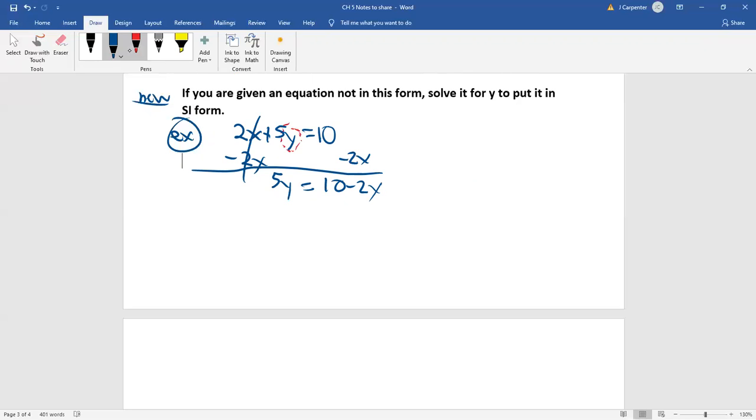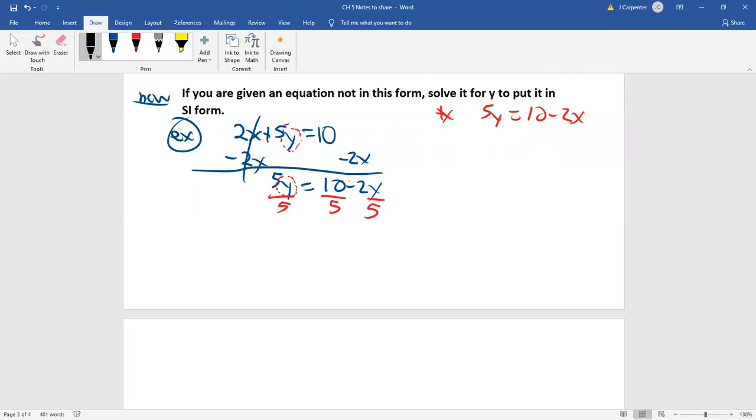Now again, I like to remind myself what I'm solving for. Now I want you to pretend that this other side is just 10. If this was 5y equals 10, you would divide both sides by 5. That's exactly what you would do. Everyone should understand that. But the right side is not just 10, it's 10 minus 2x. Do you know how much effect that has on what you do algebraically? None. You do the exact same thing, except you want to do it like this. You want to divide every single term by 5.